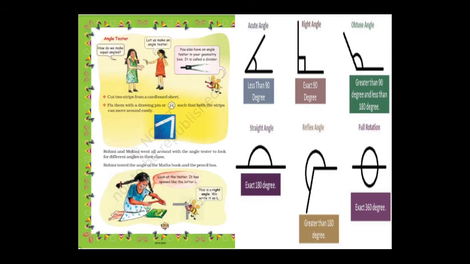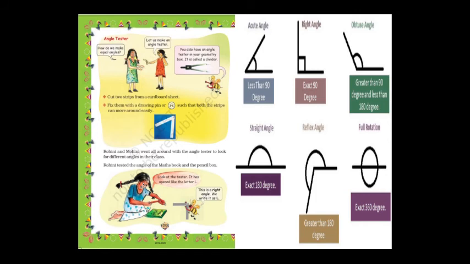And see, one activity I have given as homework in your homework part. You have to do that. Let us recall what angles there are. See, there are different types of angles: acute angle, right angle, obtuse angle, straight angle, reflex angle, and full rotation, which means a complete angle. See, what do you mean by acute angle? The angle whose measure is less than 90 degrees. So 0 to 90 degrees. That angle you call an acute angle.